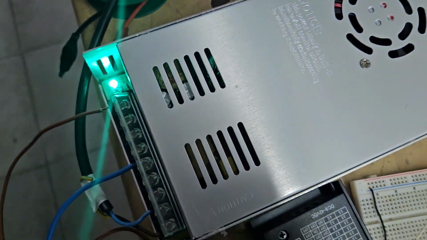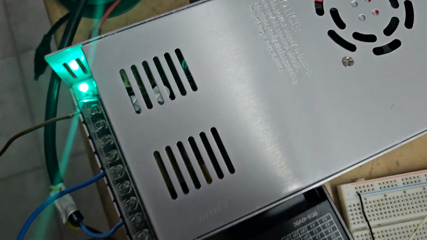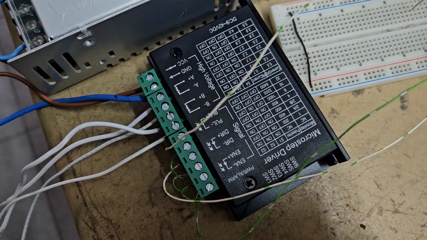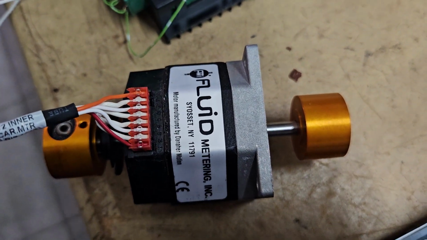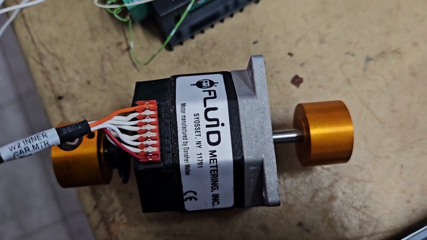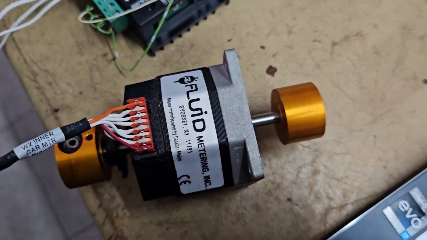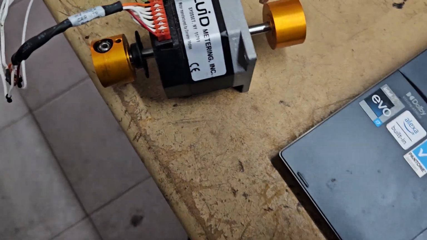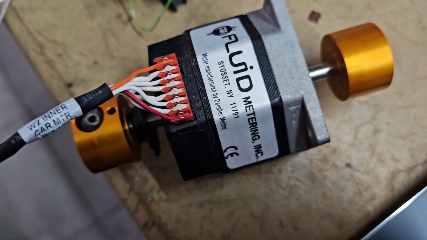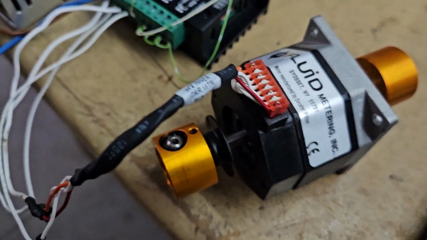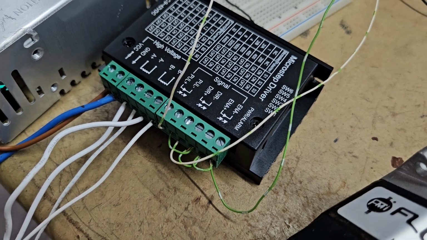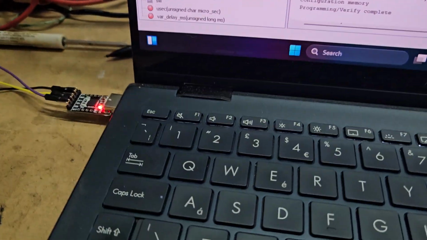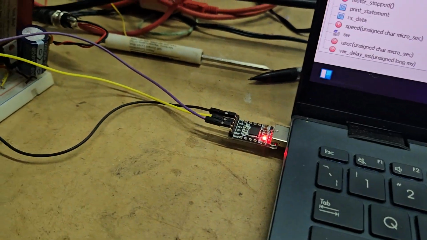I have a 36 volt 20 amp switch mode power supply, a bipolar stepper motor controller, and a stepper motor that is usually used in medical robots. My task today was to just control this motor with this microstep controller. However, as always, I got carried away and I connected a USB to TTL converter to the